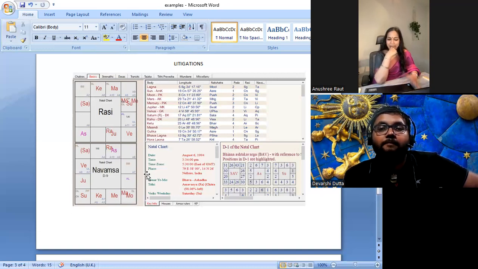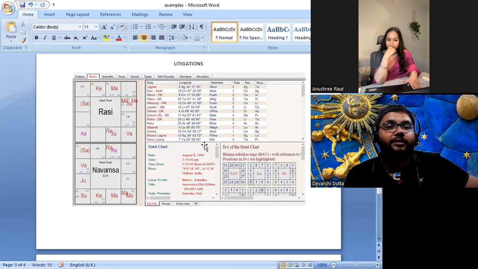Do you have more to say on this chart? What do you think? It's a very difficult chart. Although it looks like he is born with a silver spoon, it has come back to haunt him. Karma he has to face, no? Yes, very much. I think people on the outside will see only the money, that this guy has a lot of money. But who is going to account for all the emotional trauma he's going through because of these litigations? And trauma, he's suicidal.